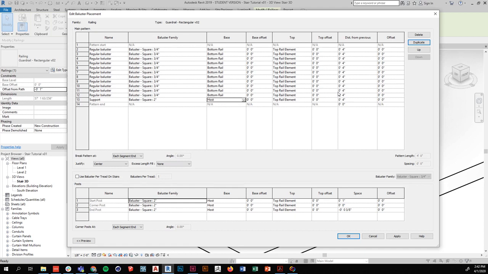Of course, you can make your own pattern. Maybe you make a pattern that happens every 1 foot, every 2 foot, or whatever the case may be. Now, in addition here, it has you change the justification, which is right here, to center. And then your excess fill length, right now it says none, but we want to put truncate pattern. So this means